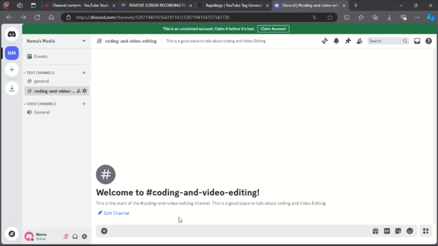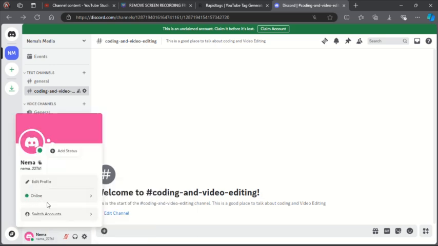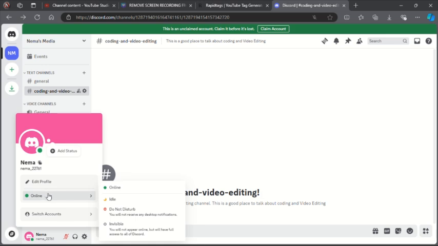So click on your name icon or your name, your profile name, or your username or your display name. It depends on what you know it to be. For me, I call it display name. You can see right here, which is Neymar. You click on it. Once you click on it, then you drag your mouse and place it on the online